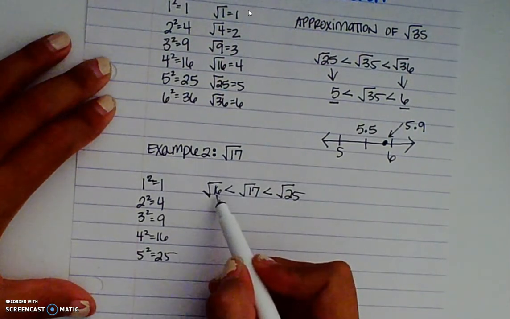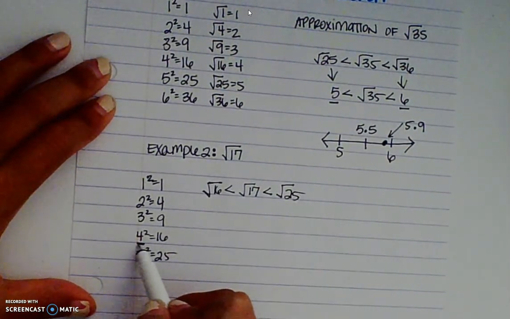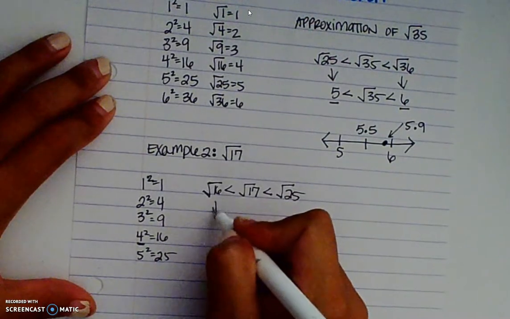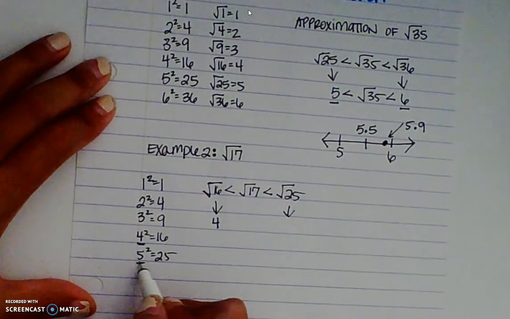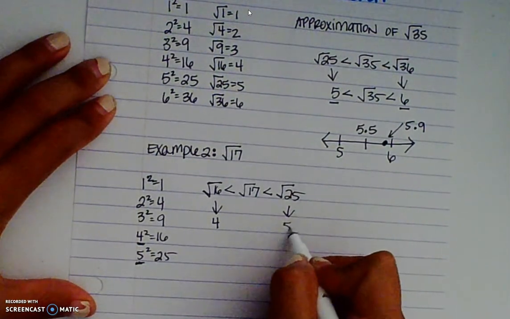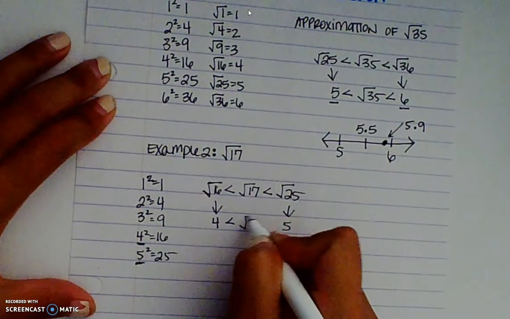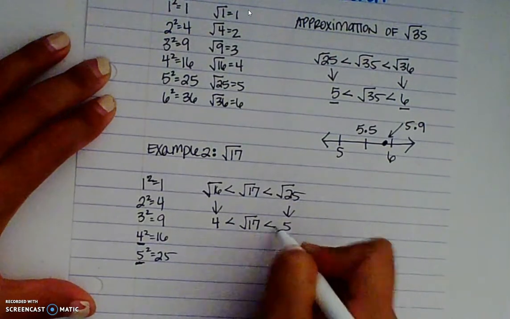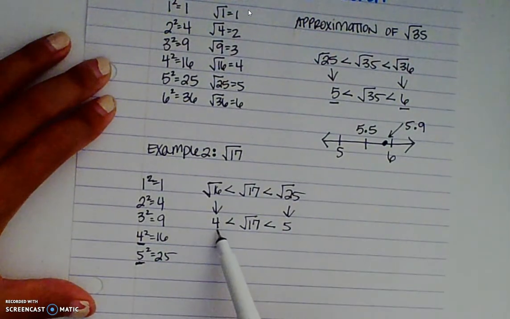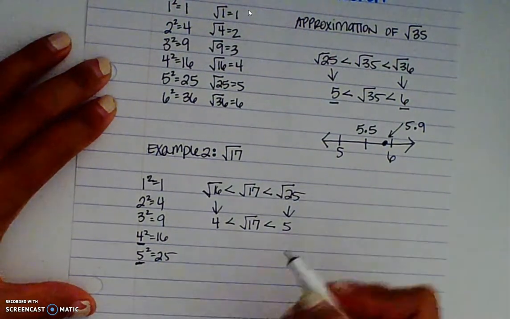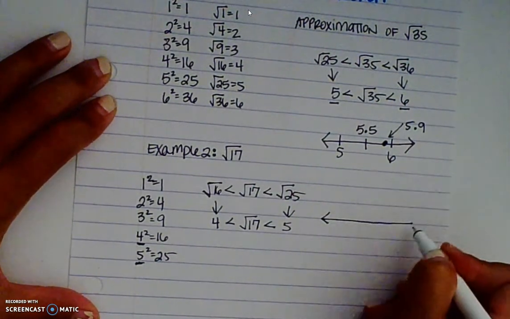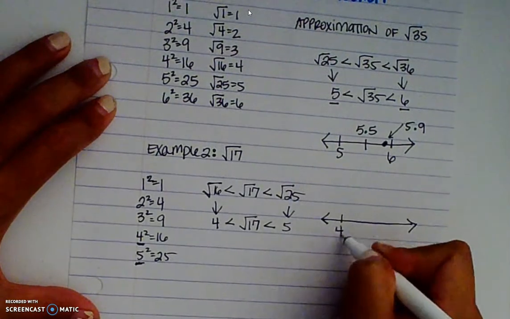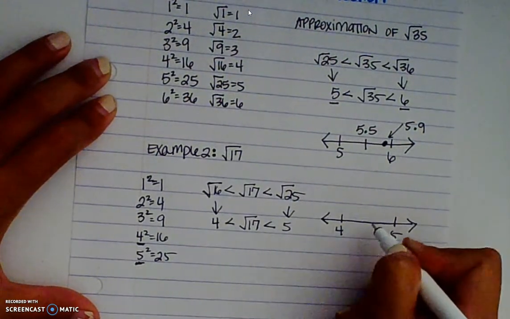Okay, and so the square root of 16 is 4, so I can bring that down. The square root of 25 is 5. So we can say that the square root of 17 is going to fall between 4 and 5 on the number line. So if I were to draw this number line here, and I said here's 4, 5,